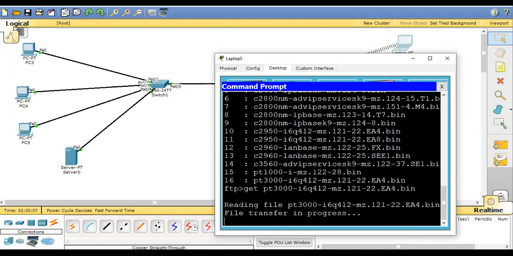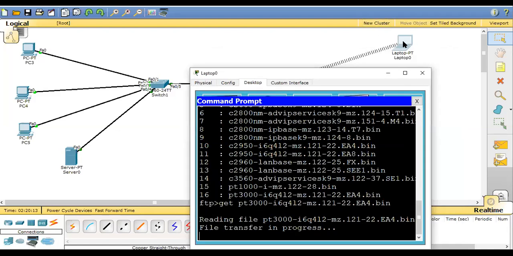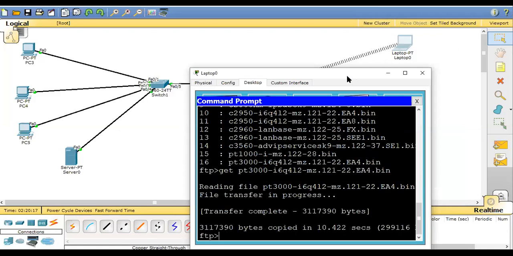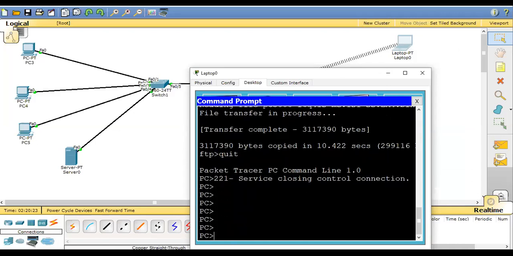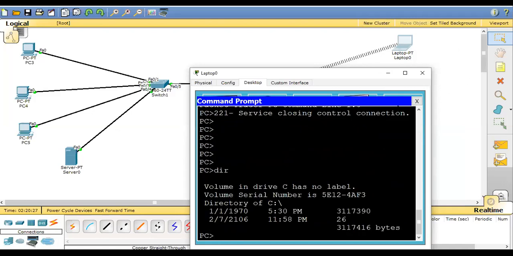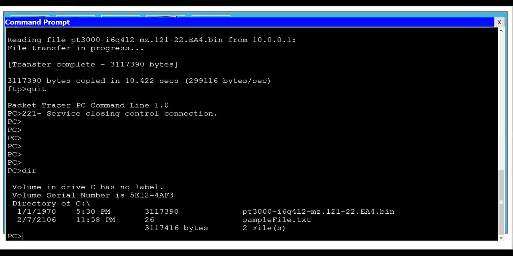See, file transfer in progress. So my laptop, from the outside, with the help of the access point, can fetch the file from the TFTP server. I'm quitting and checking the dir. Yes, my laptop has that file. See this file, which I took from an FTP server.